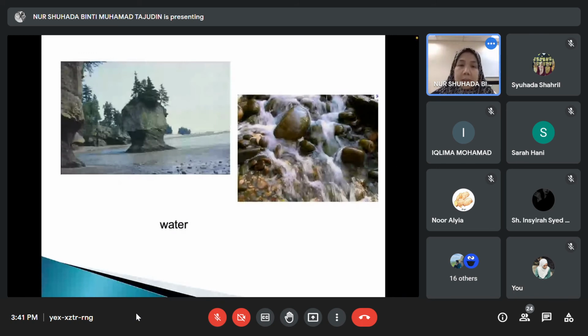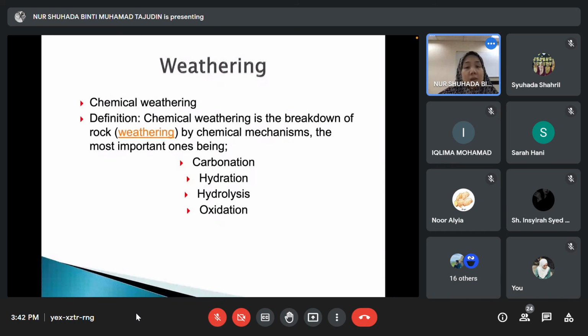Okay, so we go back to physical weathering. Next is chemical weathering. Chemical weathering is the breakdown of the rocks by chemical mechanisms. The most important ones you have to remember are carbonation, hydration, hydrolysis and oxidation. When chemical weathering takes place, as I mentioned just now, the mineral